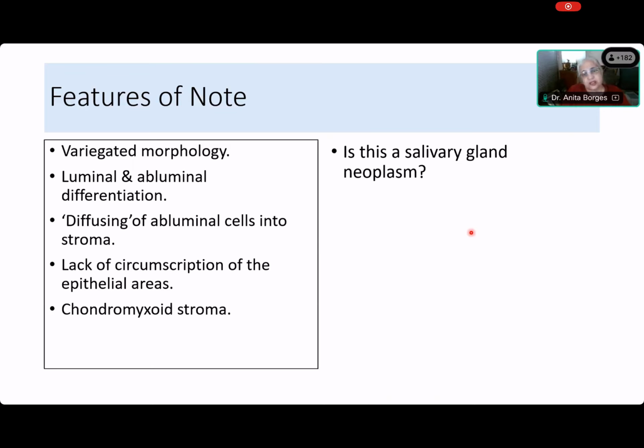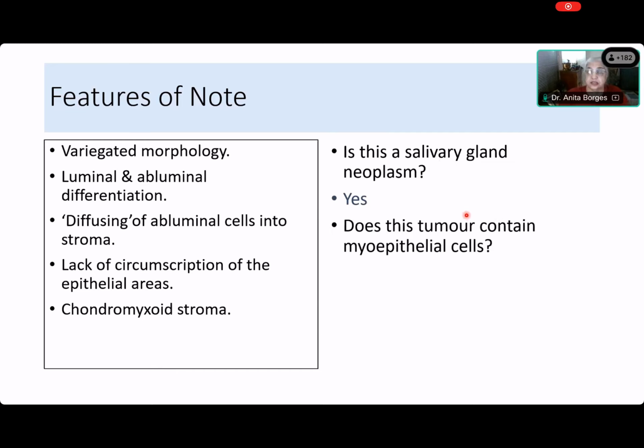Okay. So the answer to this question, is this a salivary gland neoplasm, is yes. But why is the answer yes? Because it has all of the features that we would expect in a salivary gland neoplasm and none of the features that we would expect if this came from something surrounding the salivary gland. It's not a lymphoma. That's why I was very interested in Shivani saying I can see lymphocytes. So it's not a lymphoma. It is not something metastatic to the salivary gland. So this is very likely, in fact, a salivary gland neoplasm. And we need to ask this question because sometimes you may mistake something in the deep lobe or close to the deep lobe of the parotid for a salivary gland neoplasm.